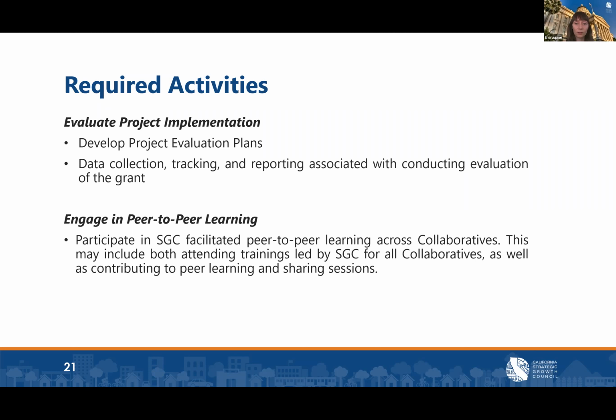And they will also engage in these peer-to-peer learning sessions that SGC will be putting on along with our TA providers. And we will be regularly surveying collaboratives to better understand their training needs and the things that they are interested in engaging on in these peer-to-peer learning sessions. Next slide, please.